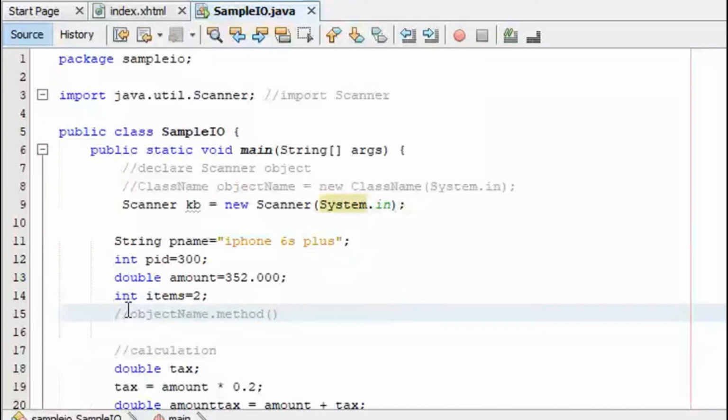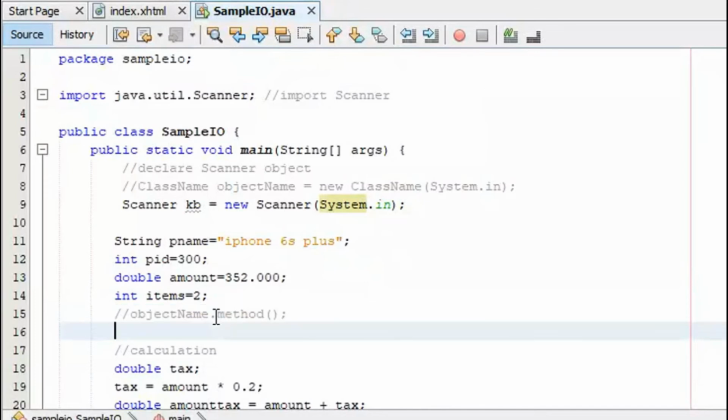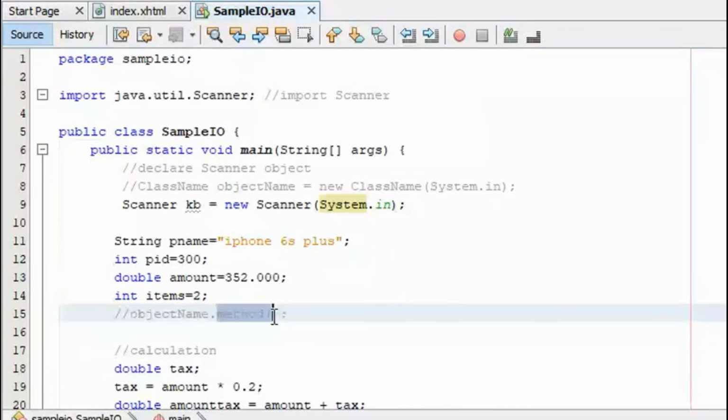What are the method names we can use? You can have nextInt for integer, nextDouble for double, next for string. So the syntax is object name dot method name.